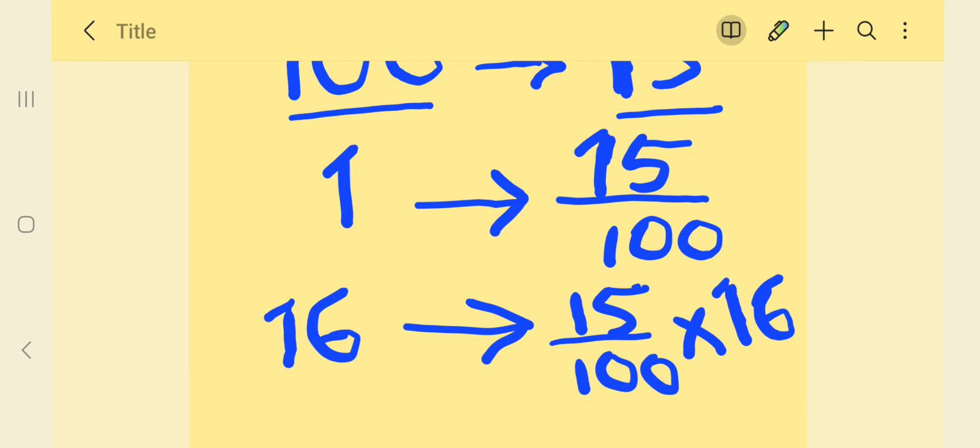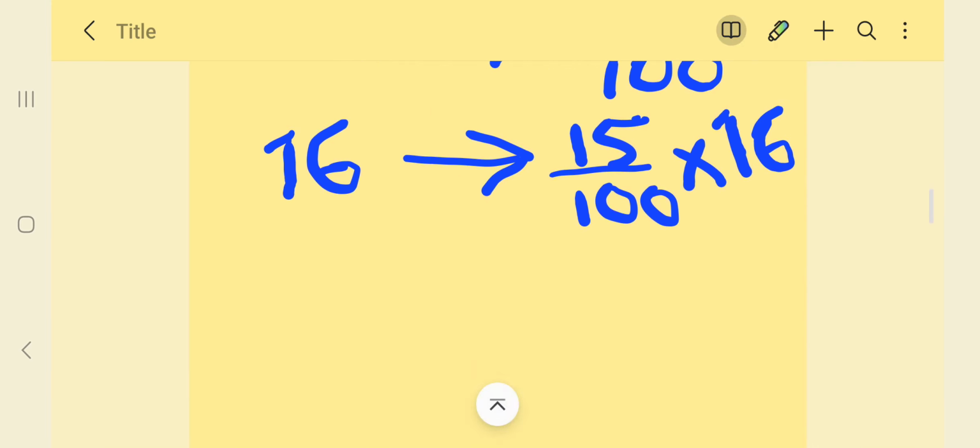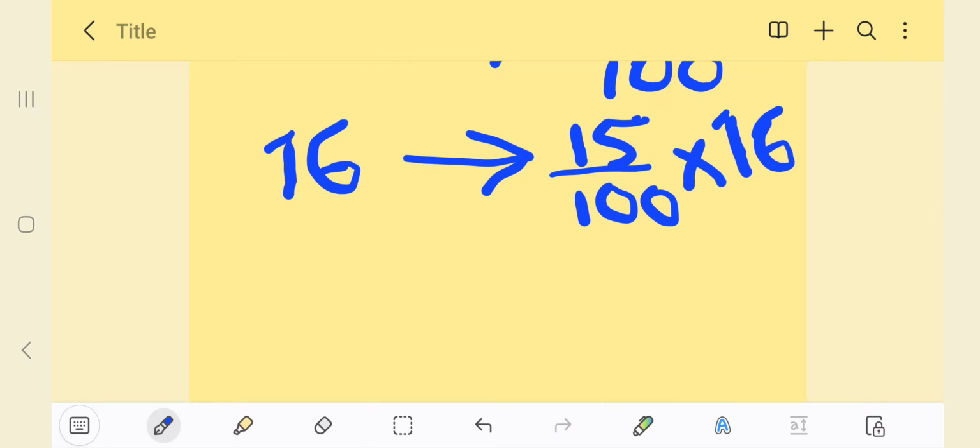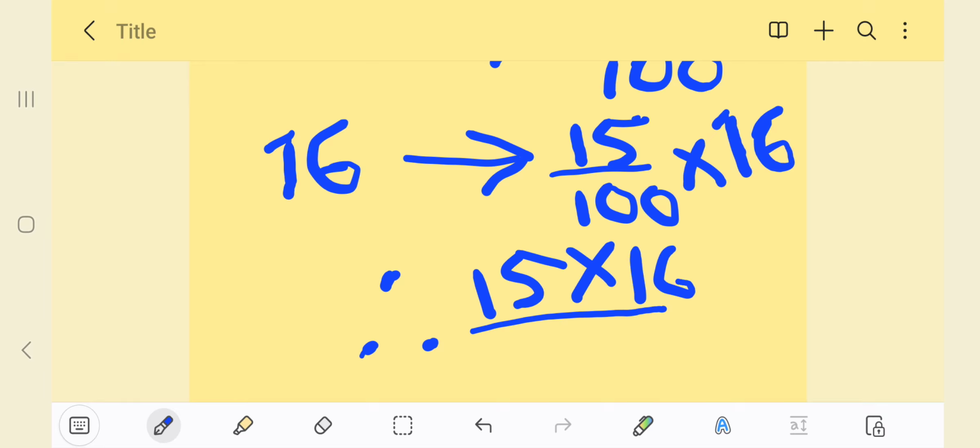So let's move on to do this math. As we can see, we have here 15 divided by 100, therefore we need to multiply 15 times 16. And when we multiply 15 times 16, how much do we get here? 15 times 16,